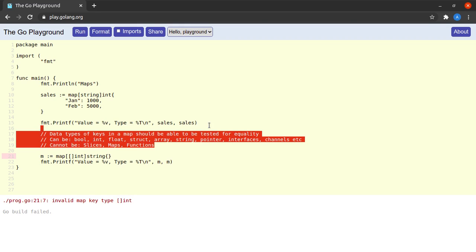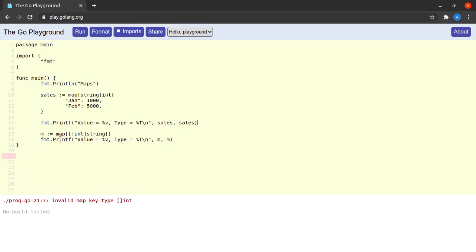Okay, so I'll get rid of this and I'll show you another way in which we can declare a map in Go, which is via the make function. Actually, let me get rid of this as well. And then I say make, and then I specify the type of the map that I want. So again, let it be a map from string to integer. If I go ahead and run this,